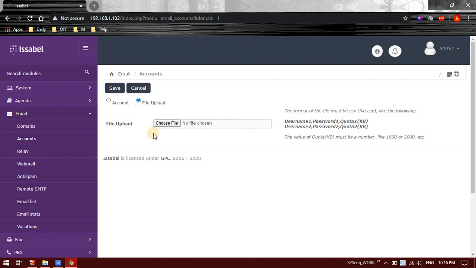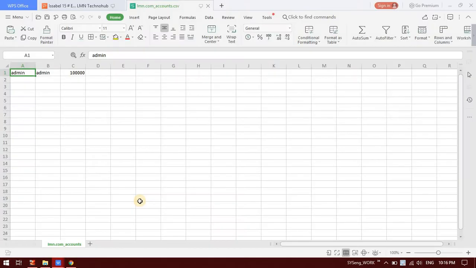So we'll create a sample file and upload it. Open your Excel and type the email account, password and the size of that particular account in KB. I've just created one old account, so you can see a sample: admin is the username, admin is the password, and then the size.